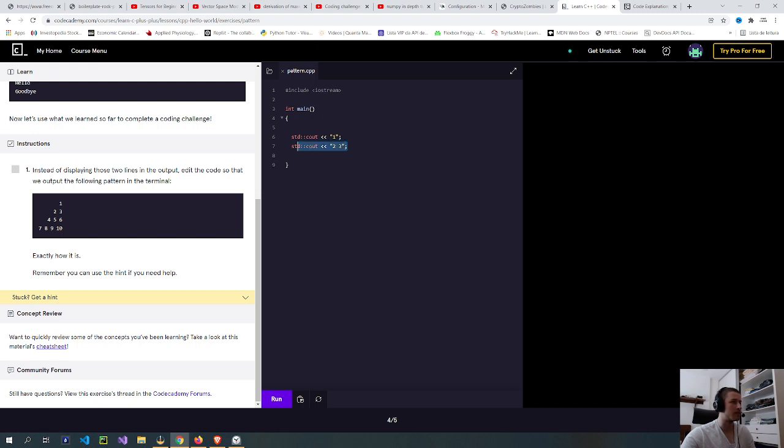So I think I need to do this 3 times, 4 times. And I'm not sure if I need to put the space here. Yeah, I'm not sure how to align this. That's the problem. It didn't talk about any alignment. Seven, eight.